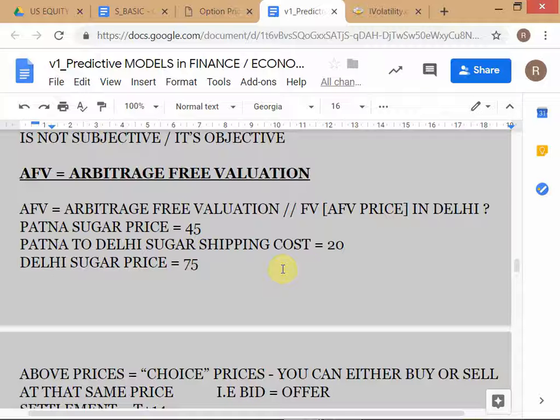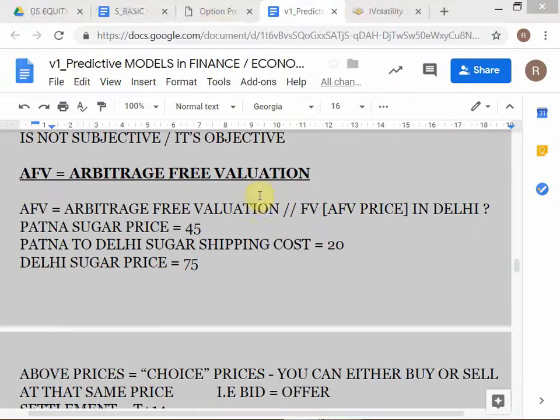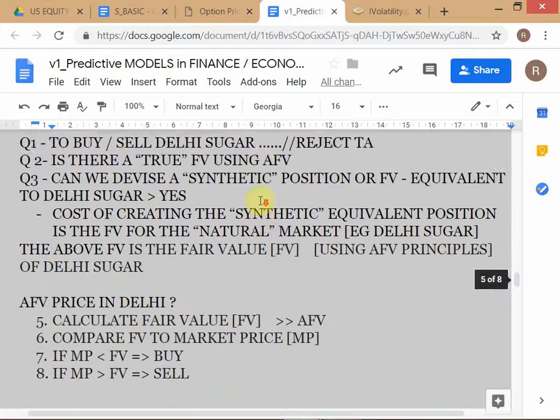Okay. So the reason I'm going through all these logical steps is I want to make sure that you understand that there is nothing arbitrary going on. We are following the very same rule that we declared earlier, which is, what are we going to do? We are going to compute value versus price. We are in this value versus price box. So we are going to compute the fair value, and value means fair value. We are going to compute the fair value, and then what are we going to do? We are going to compare it to the price.